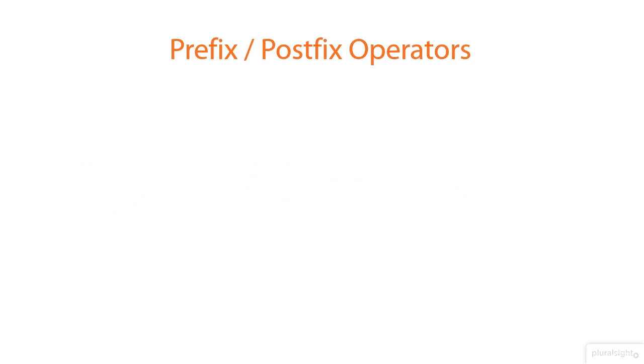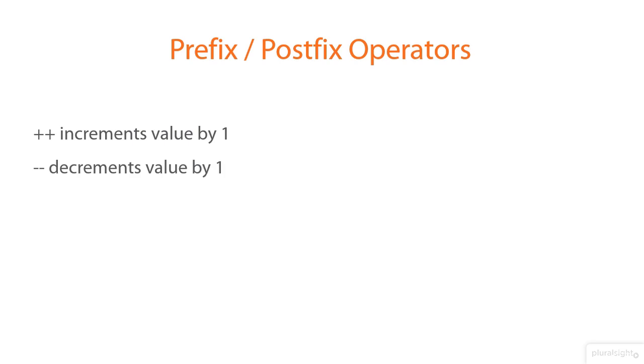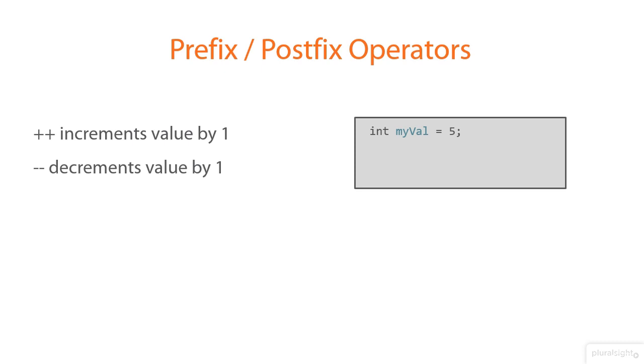As we look at the prefix and postfix operators, they allow us to operate directly on a value. The plus plus symbol is the increment. It increments a value by 1. The minus minus symbol decrements a value by 1. So if I have a variable myval and I set it to 5, and I print out plus plus myval,